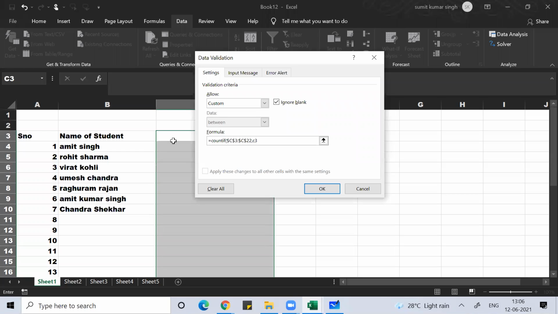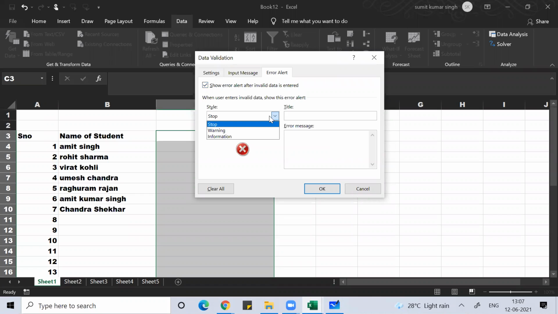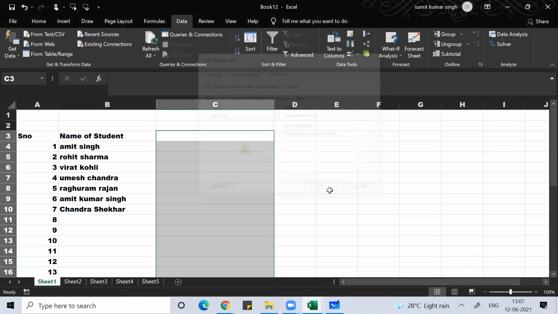If you want, you can put an alert your way. I'll put a warning, title: repetitive name, error message: please enter unique values. Then press OK.